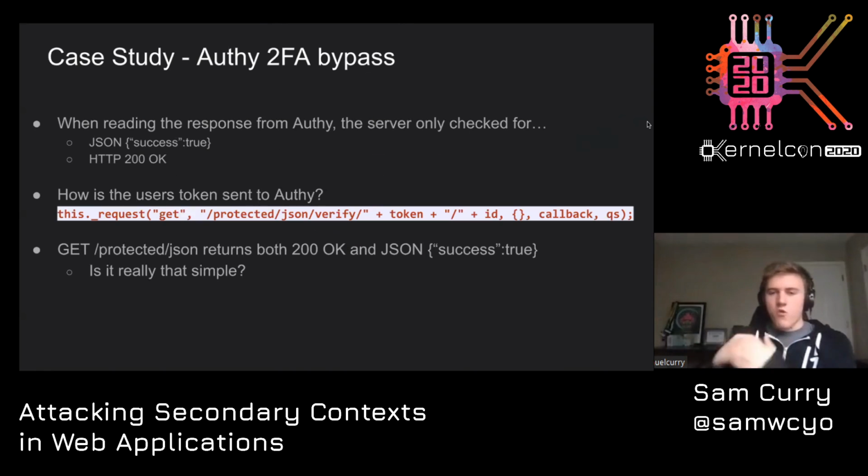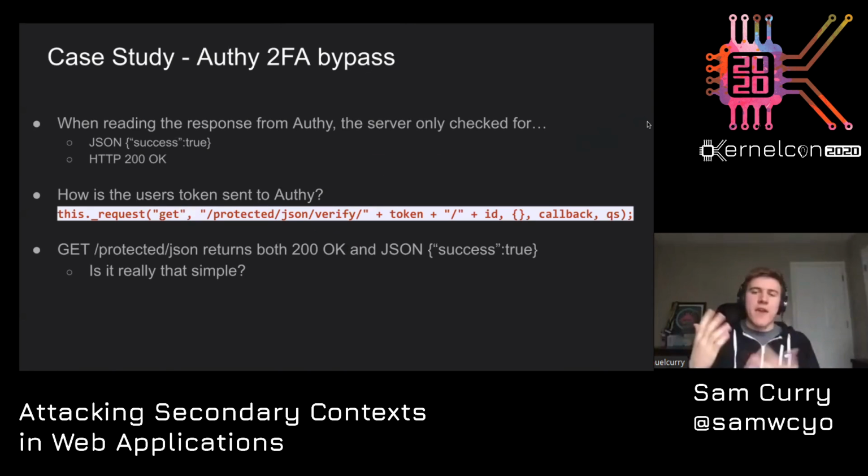And since you're able to control that full path that's actually sent off to Authy, you can find any other API call that returns 200 OK and success true. You can think, for instance, things like /ping where it would return something similar. But in this case, it was actually